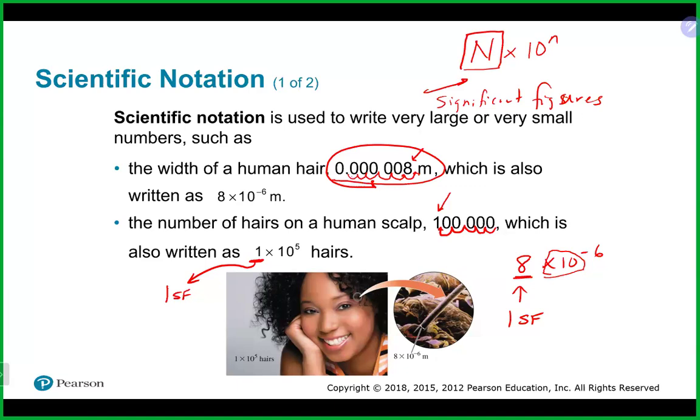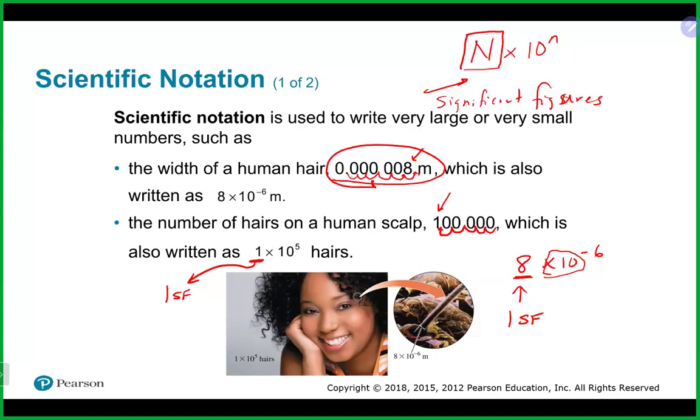So the question about scientific notation is this: do you always have to give your answers in scientific notation? And the truthful answer is no, you do not, unless obviously it asks you to give your answer in scientific notation. But as we will learn and talk more about in chapter 2, when we really officially talk about significant figures, sometimes the only way that you could give your answer to the correct number of significant figures, which is something that you always want to do when you're doing calculations, is to write it in scientific notation. There can be sometimes no way to write it in decimal form and have the right amount of significant figures. So for example, if I had